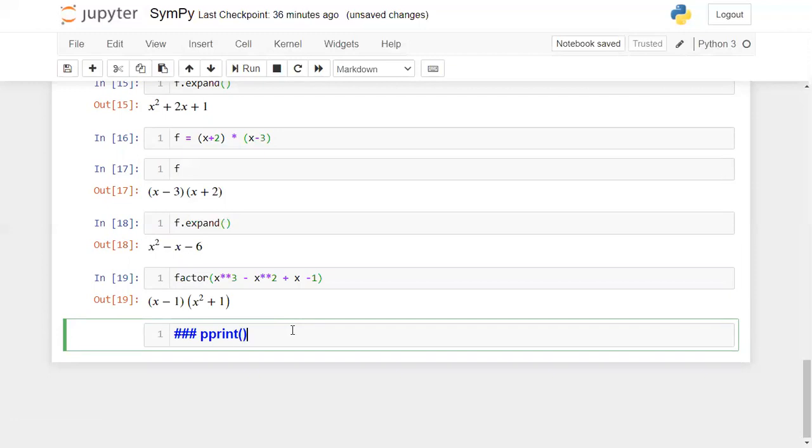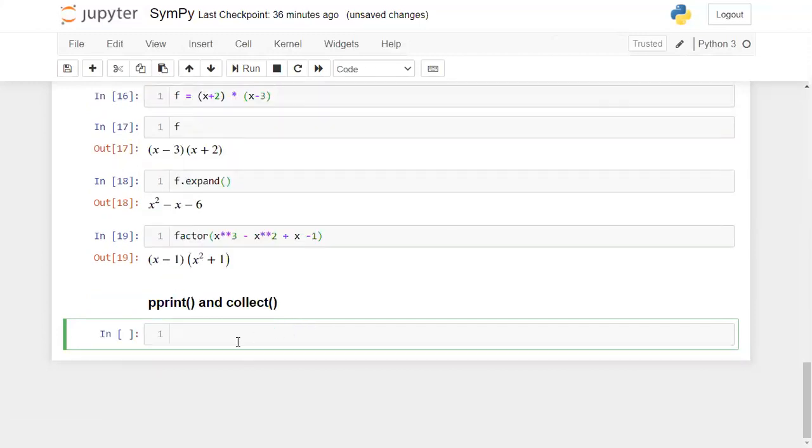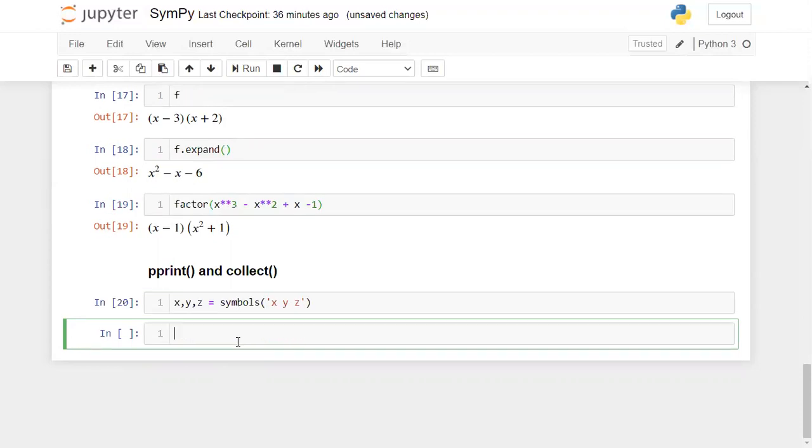The next functions which we are going to discuss are pprint and collect. Okay, how will this pprint work? First, let me create some variables. Now I'm creating variables using symbols: x, y, z. Now I'm done with this.